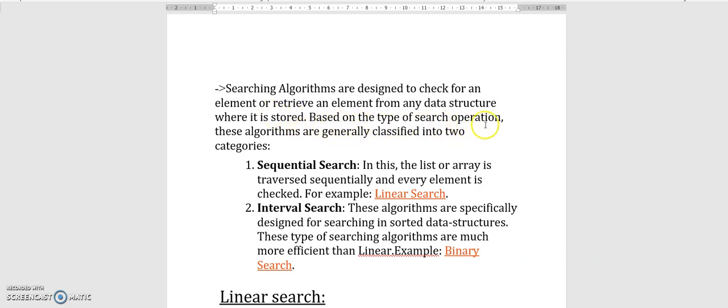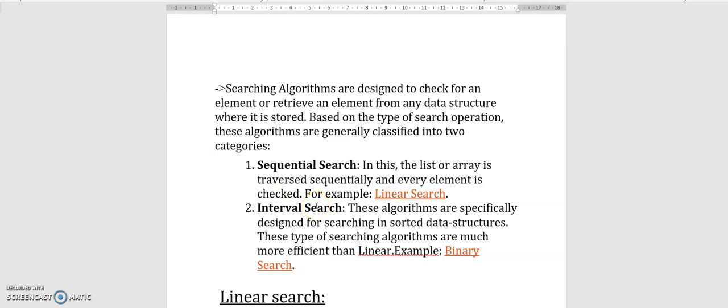Based on the type of such operation, these algorithms are generally classified into two categories. First, sequential search. Sequential search means the list or array is traversed sequentially and every element is checked.